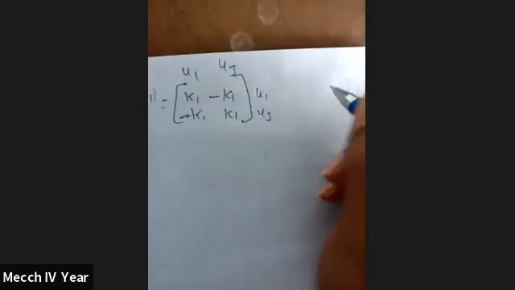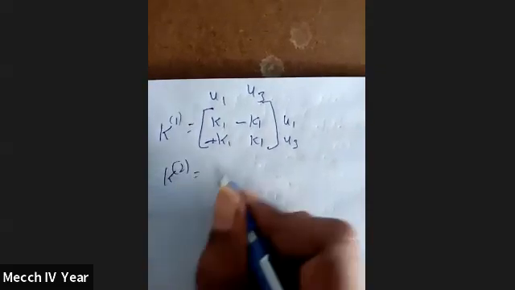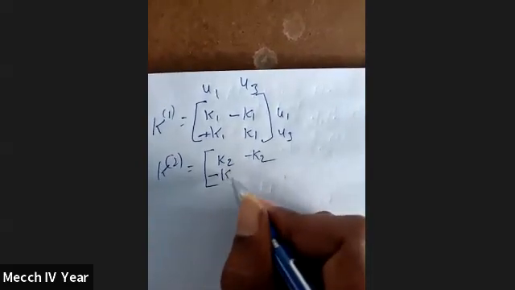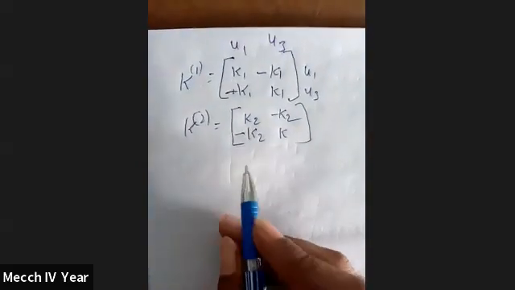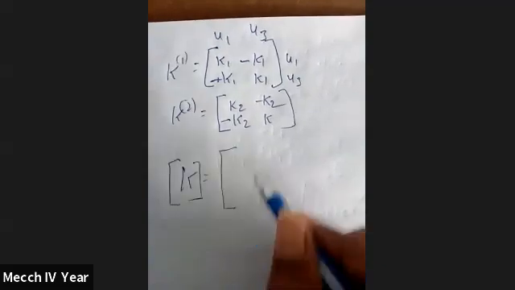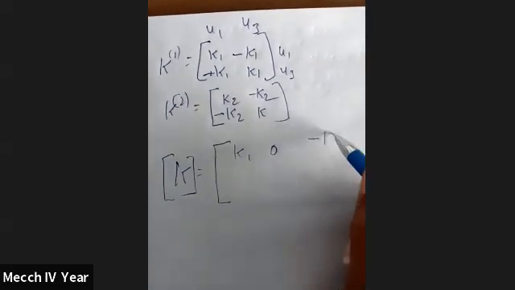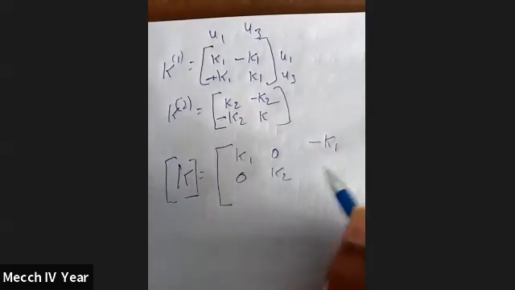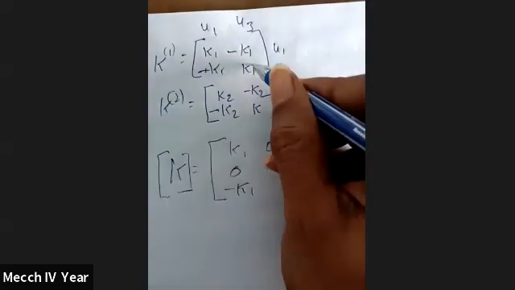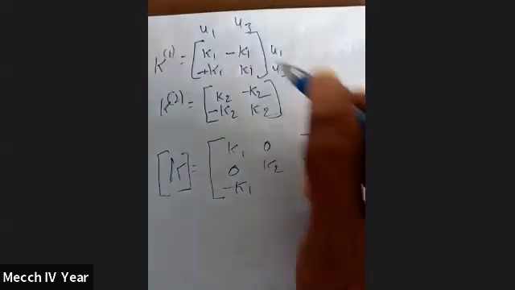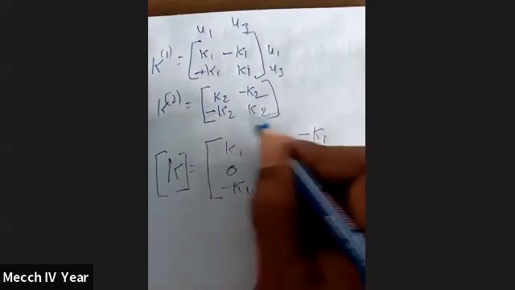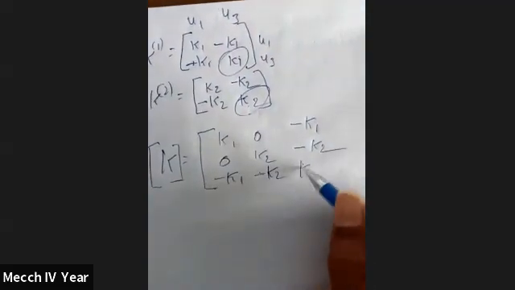So then here we see the equation, element 2 of the stiffness matrix: K2, minus K2, and then minus K2, K2. Now I am going to write the total stiffness matrix K. I get the formation of K1, 0, minus K1, then 0, K2, minus K2, now minus K1 here. In this position we have K1 and K2, so K1 plus K2, and here minus K2. Now here we get this one plus this one, so finally we get K1 plus K2.